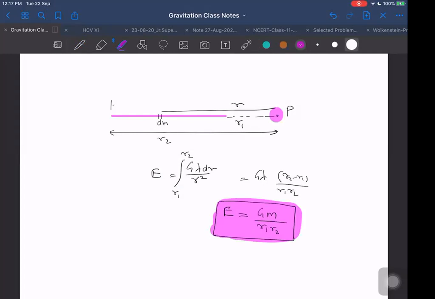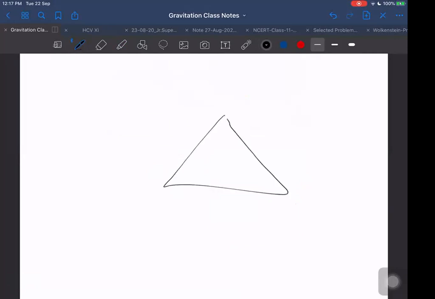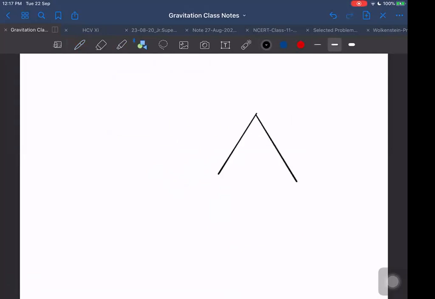At this point P. You mentioned triangular plates, so we can find out for triangular plates also. Although the main idea is you should know how to integrate. If you don't know how to integrate, then even if I take many cases, it will not be sufficient, because some new case can appear again. You should know how to integrate. It is very important.